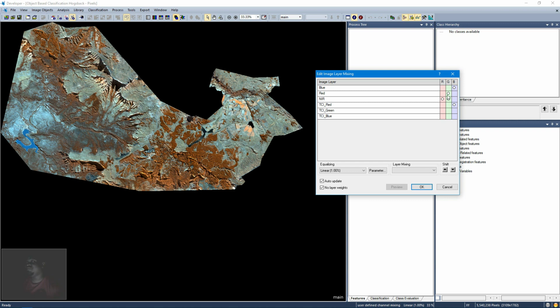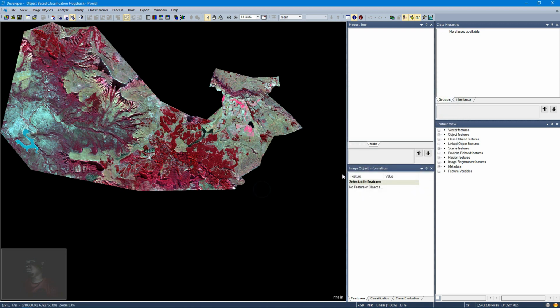So you can do your band combination in order to actually highlight certain features when you're doing your calculations or your classification. Right, so now talking about the panes that we're looking at, the first pane that we have here,